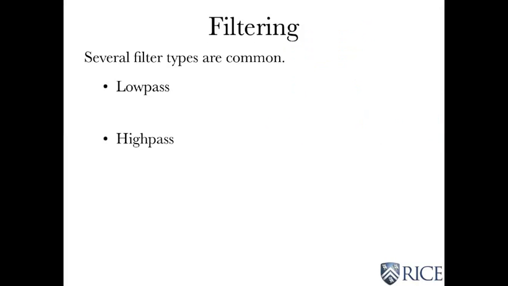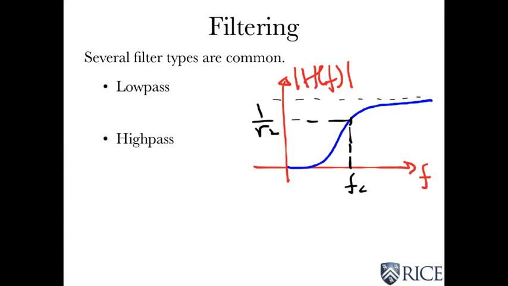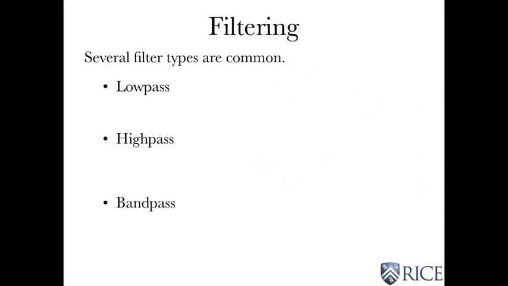You can also have a high-pass filter. And what it looks like is pretty easy to see. Where the name comes from, it tends to suppress low frequencies, let through the higher frequencies, and its cutoff frequency would be somewhere here. And that value is 1 over the square root of 2 times whatever the value is at infinite frequency. And then finally, there's the bandpass filter,